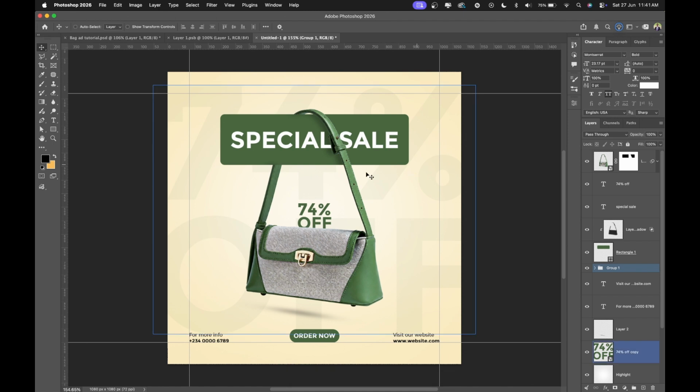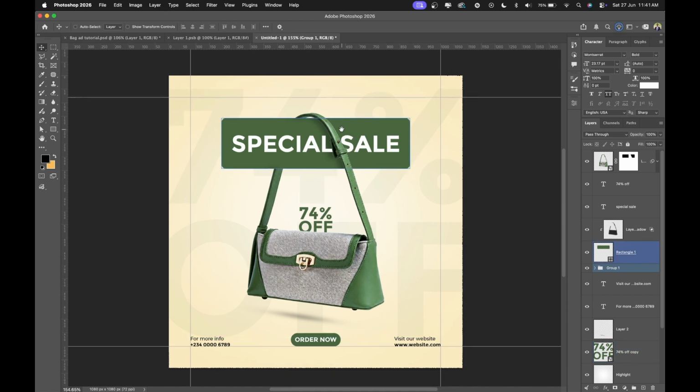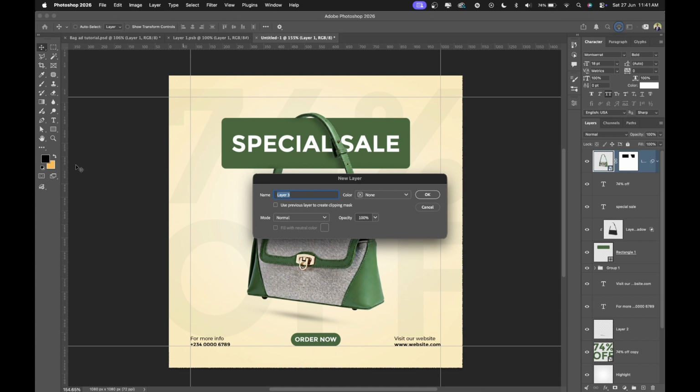The next thing, like I always do, is to add the texture. Add the texture by pressing Control Shift N to bring up this layer. Make sure that the blending mode is set to overlay. Make sure that you click on fill with 50% gray and click on OK. Having done that, next thing is to go to filter,